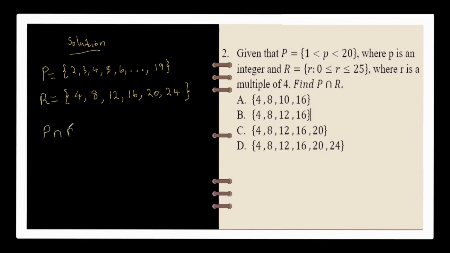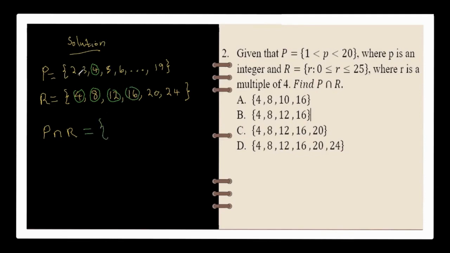intersection R. That will give us elements that are actually in P, like this element here. That's an intersection. Now let's look at 8. 8 is an element, so 8 is also a number that is less than 20. 12 is there. We are going to pick 16 is there. So when we pick this intersection now,